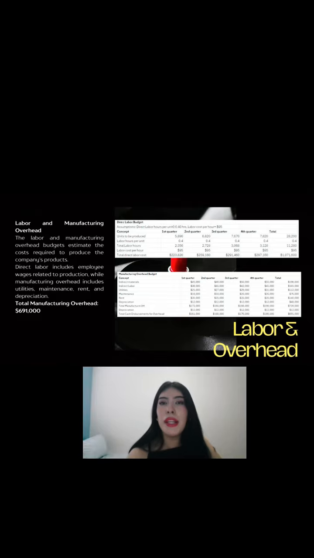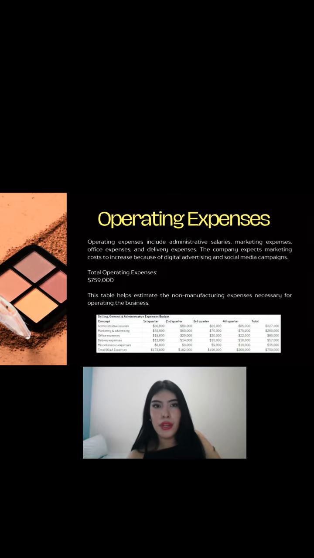Next, we prepare the direct labor budget. Each unit requires 0.40 hours of labor, so we multiply the units to be produced by the labor hours required. For example, in the first quarter, 5,990 by 0.40 results in 2,356 hours. Then we multiply the labor hours by the wage rate of $95 per hour. After all the calculations, the total labor hours were 11,280, and the total direct labor cost was